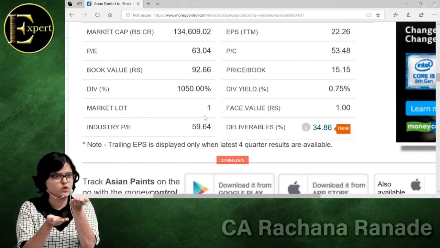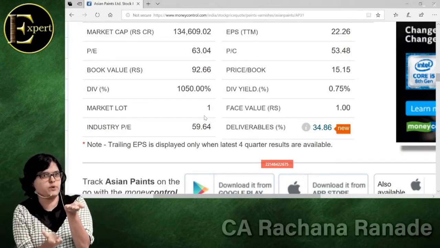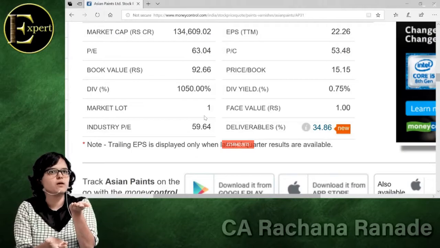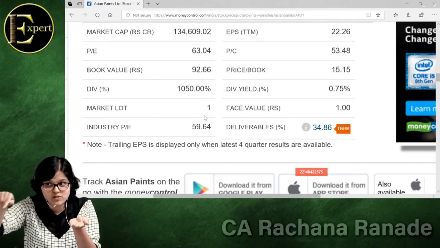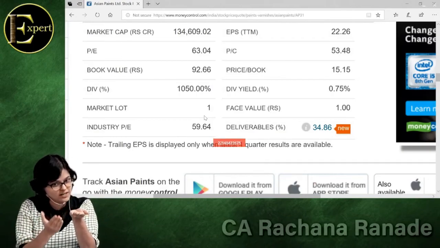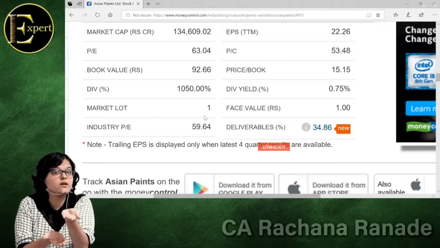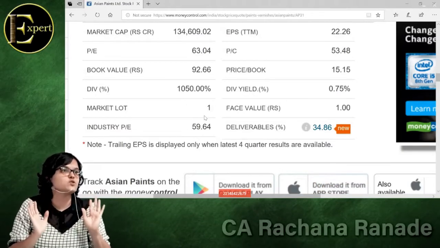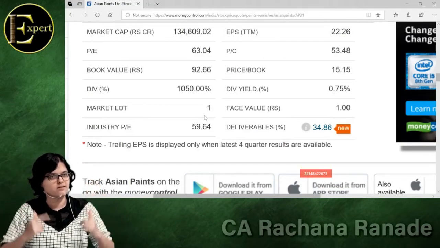Possibility number 1, it could be cheaper because all other financial ratios are bad. That is why it's cheaper. Company is useless, that is why PE is low. Then should I buy? No. If other financial ratios are good, still I'm getting it at a lower value, then this is lucrative. In the near future, it will increase. It will justify its valuations. Then I should buy. So always PE to be analyzed at the end.